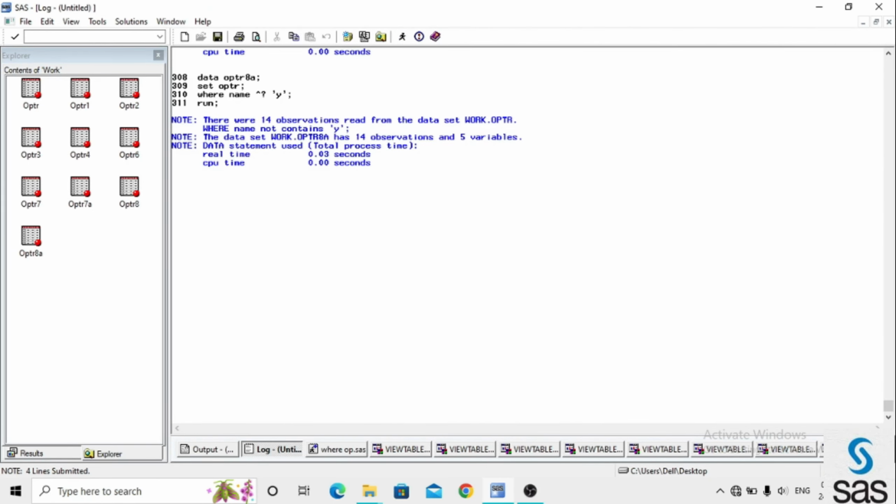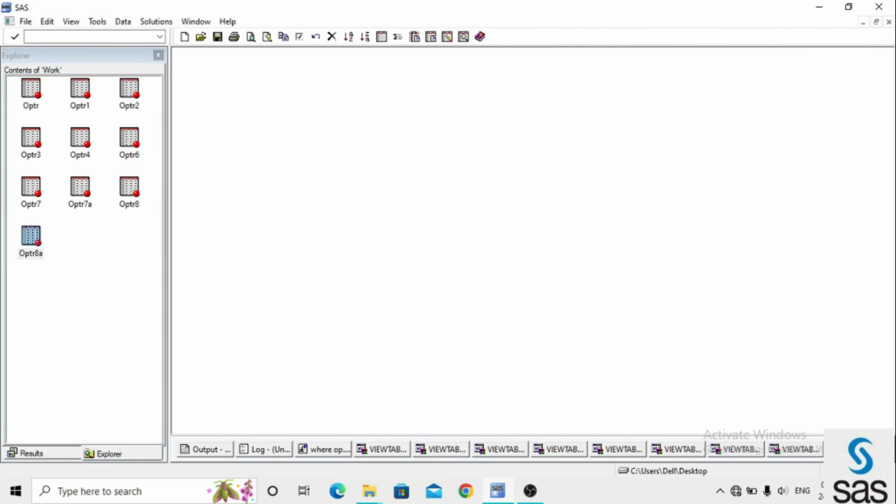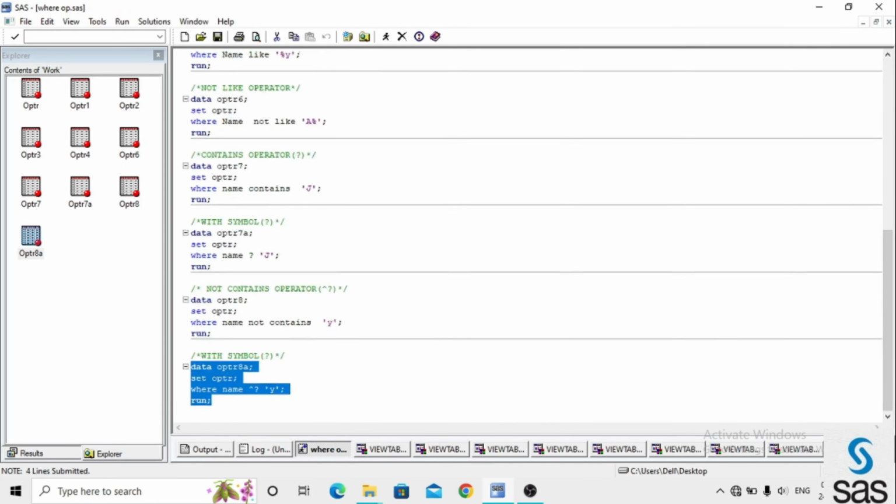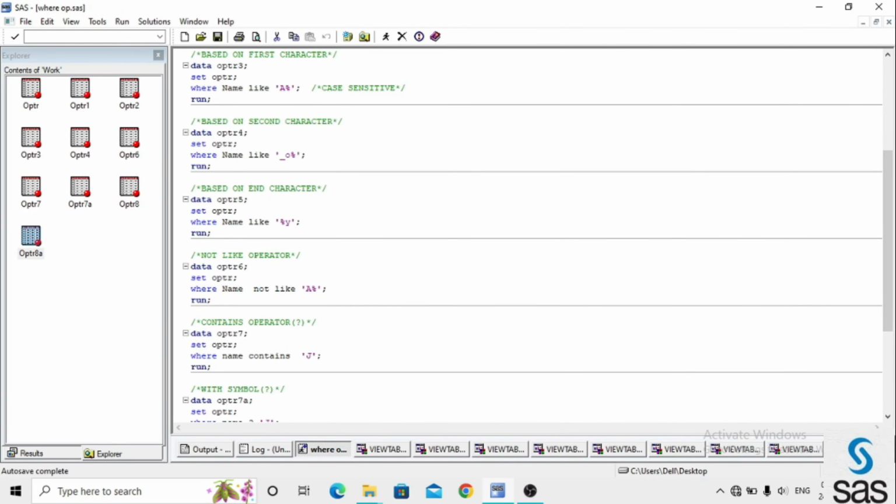Before opening the dataset, the log is clear, and we open operator 8A. Here observe, we give the same condition with the symbol in the name variable: any observation not containing the y character. Like this we apply operators in a where condition, and we already know that the where condition or statement is used to filter data from the existing data.